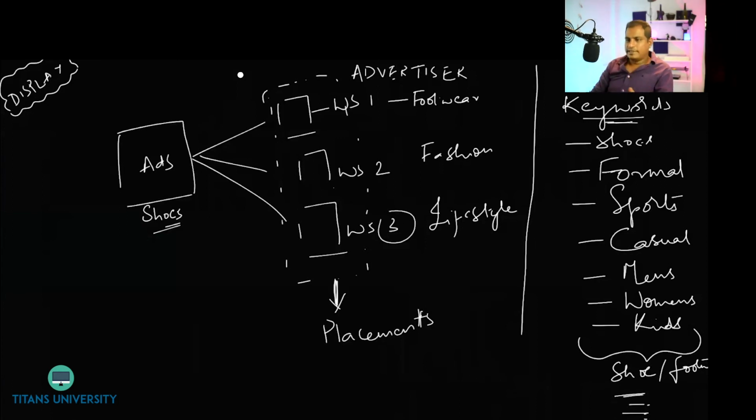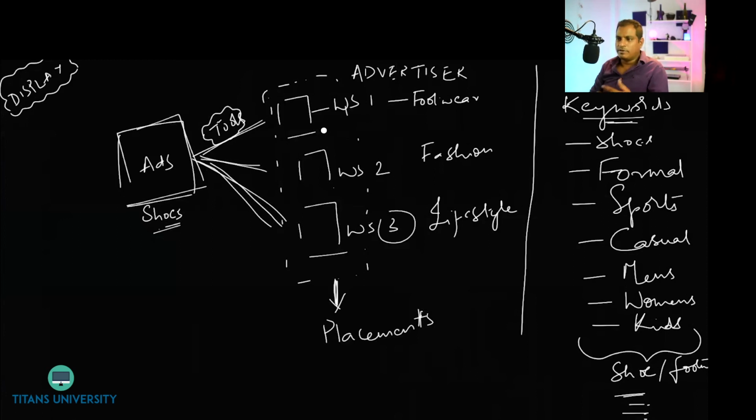Right? So basically, let's go over this again. If I am a Google Ads advertiser, my product is shoes. So I need to find what websites are more suitable to put my ads upon. There are tools to find these websites, don't worry about that. Now, using some tools, if I'm able to find what websites are talking about products related to me, or which website has audience that may be interested in my product as well, that's the better way to look at. Those are called placements.